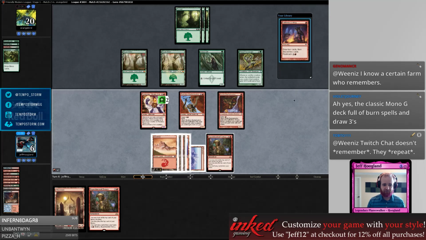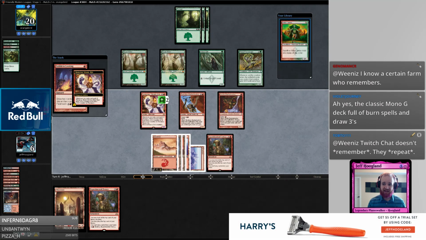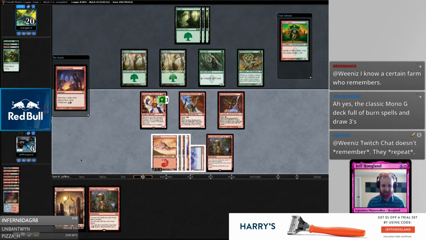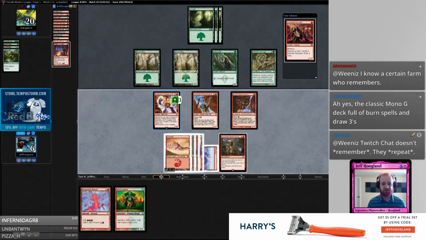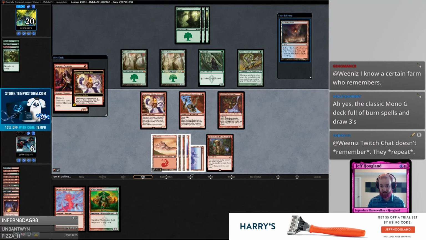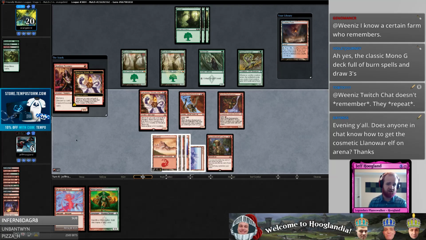Alright, Faithless Looting. So I can't actually play this because Faithless Looting's on the stack. Faithless Looting does give me a little bit of flexibility here because it means that if I get to a card on top of my deck that I can't play out, like a Scalding Tarn here, I'm going to be able to loot through it. Although Neonate's going to let me loot through a little bit faster here. So hopefully...